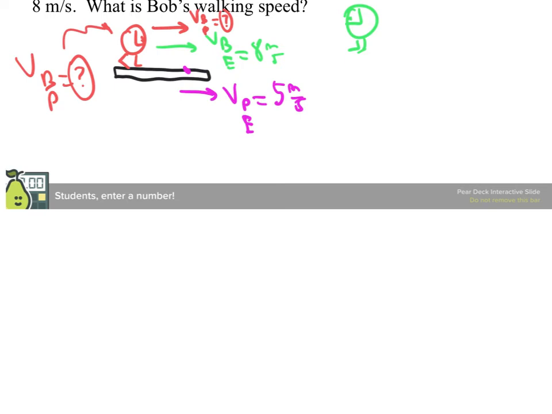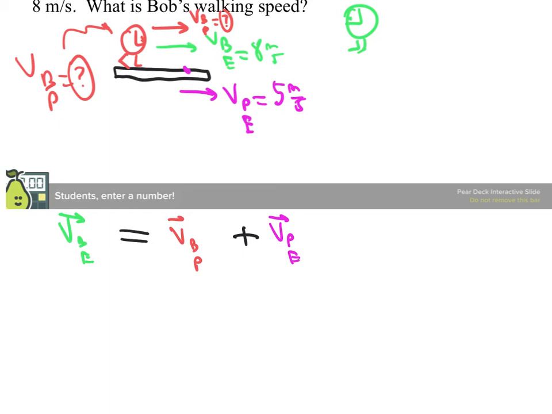Sorry about this little bar in the middle of the page, but we're kind of stuck with that. We're going to set up our relative motion equation, and we know that it's going to look something like one thing is the sum of two other things. What we'd like to do is get rid of the people mover, so we want that in the middle. So we'll say V of Bob relative to the people mover, and then V of people mover relative to Eugenia. I'm being a little ruthless here, and I want two indices that contract, and when they contract, they give me Bob relative to Eugenia. So we get something like that.